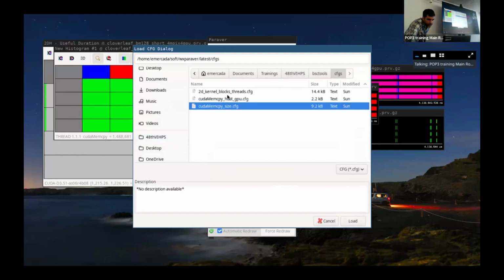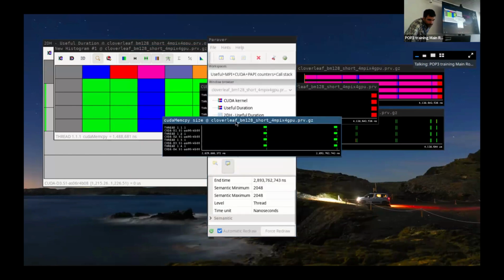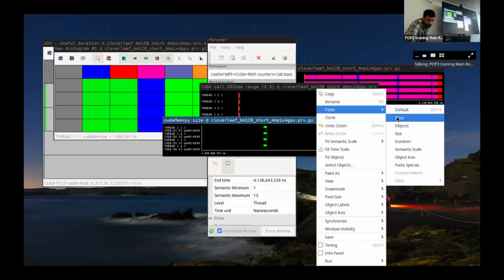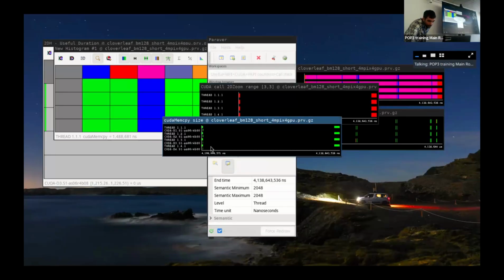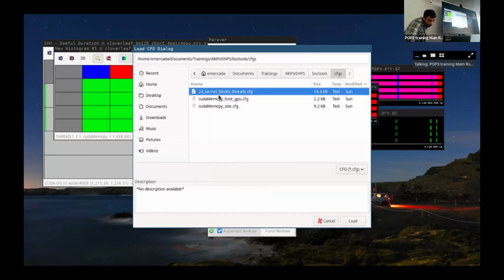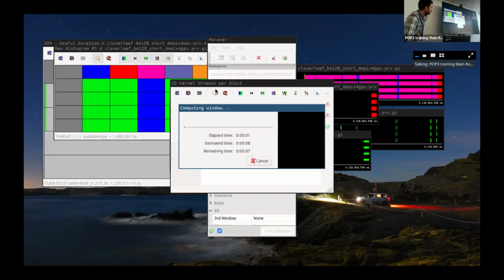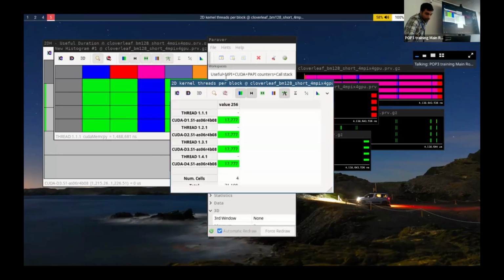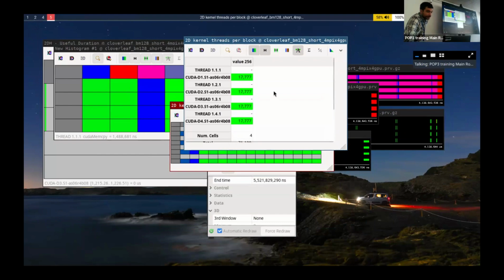So these are already shown. This is the memcopy size. You copy and paste the time, and it shows the size of the memcopy. Okay, so you can also know the size of the memcopies. But I wanted to show this kernel block thread CFG, which I think it opens. This shows the number of threads per block that the kernels are using. In here we see the size,